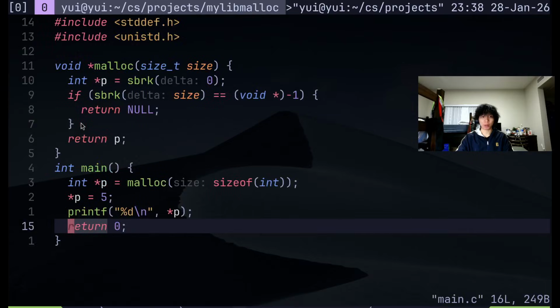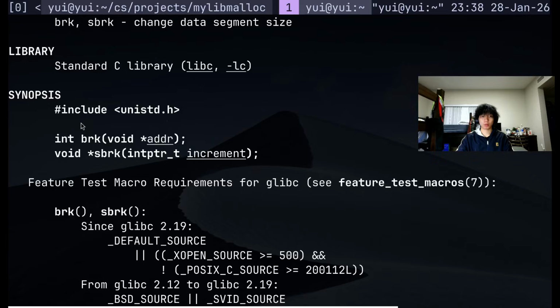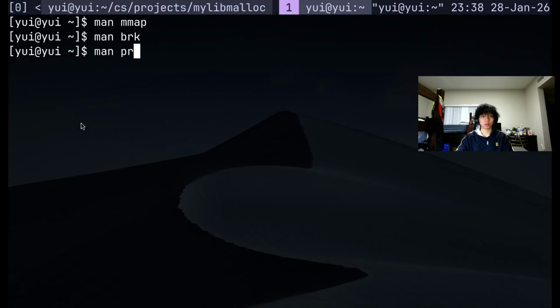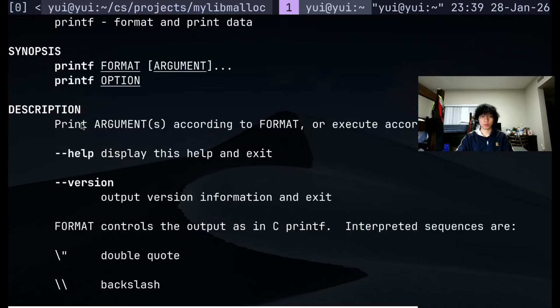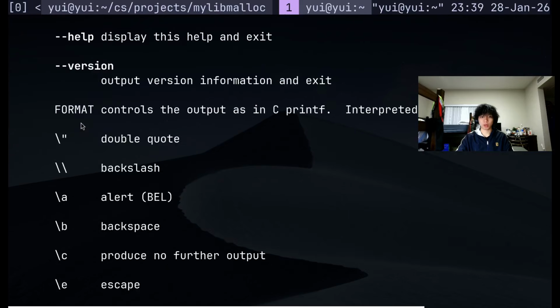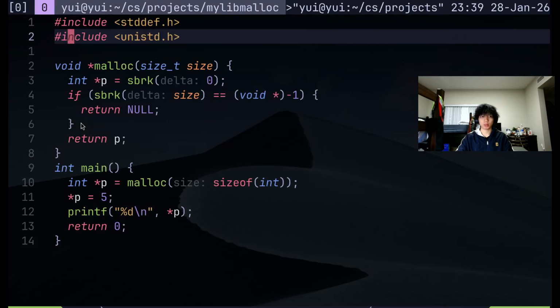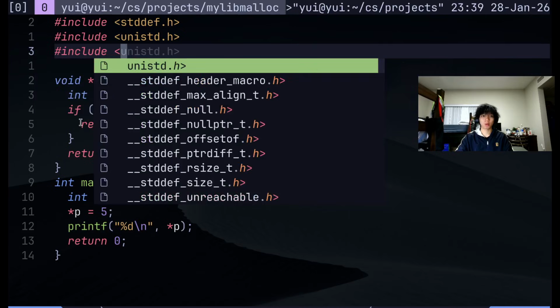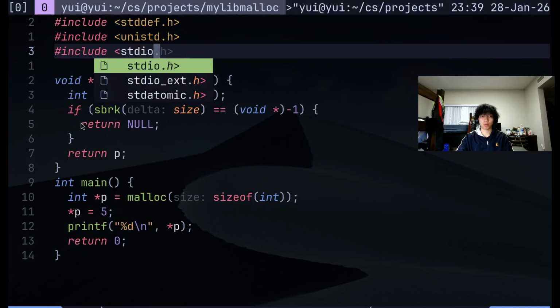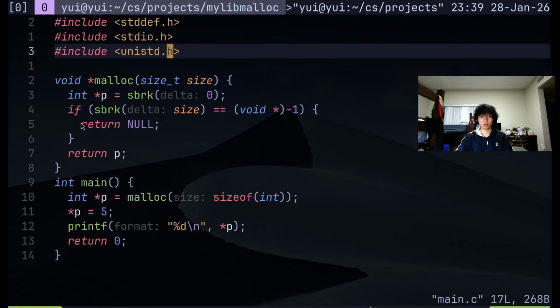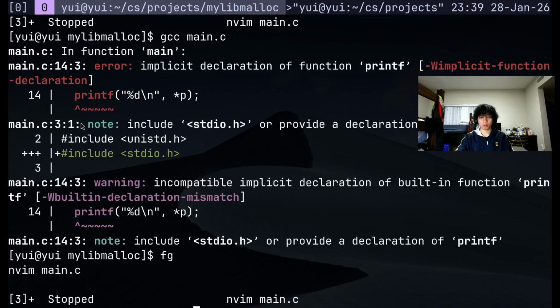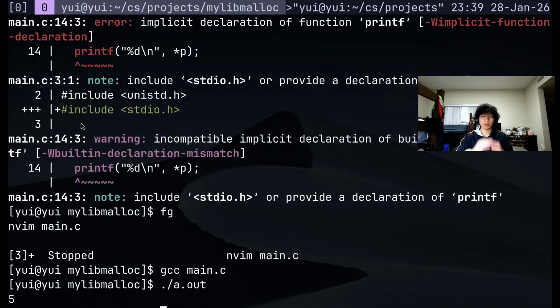Missing standard IO. Okay. Is printf from standard IO? Maybe I can just try to include that. Here's standard IO. Okay, let's try it. Let's run the output. So here, y'all can see we have our own malloc. It's pretty fast, right? But no,